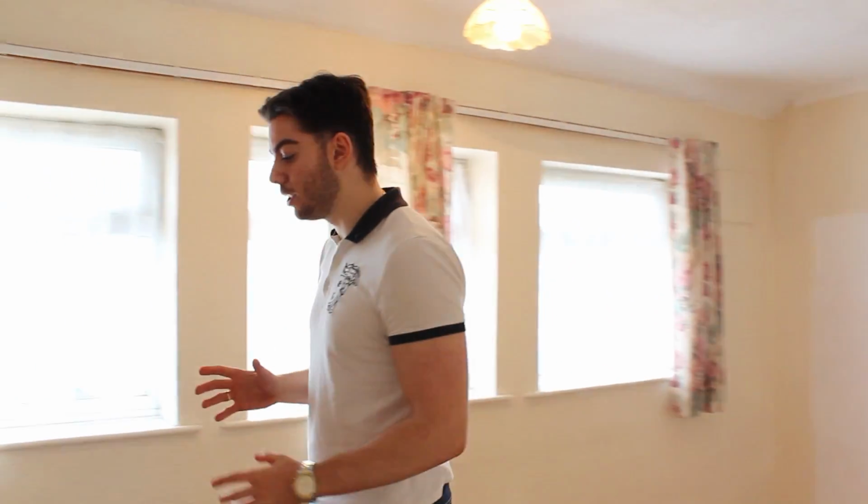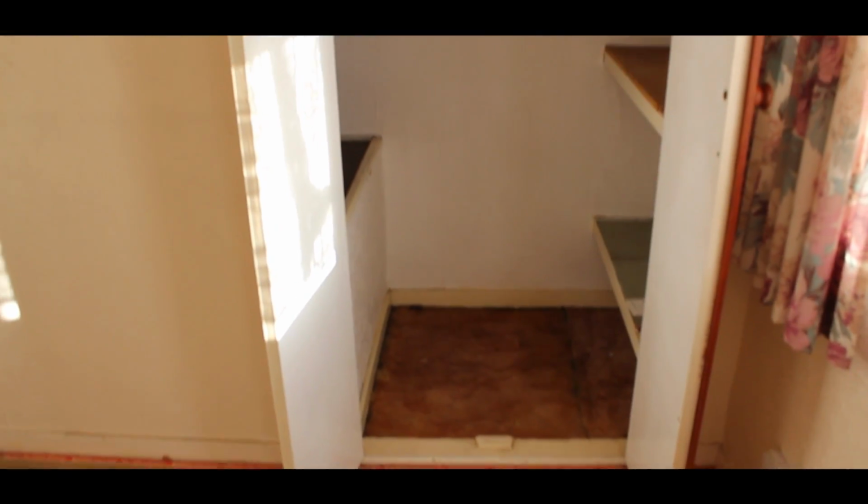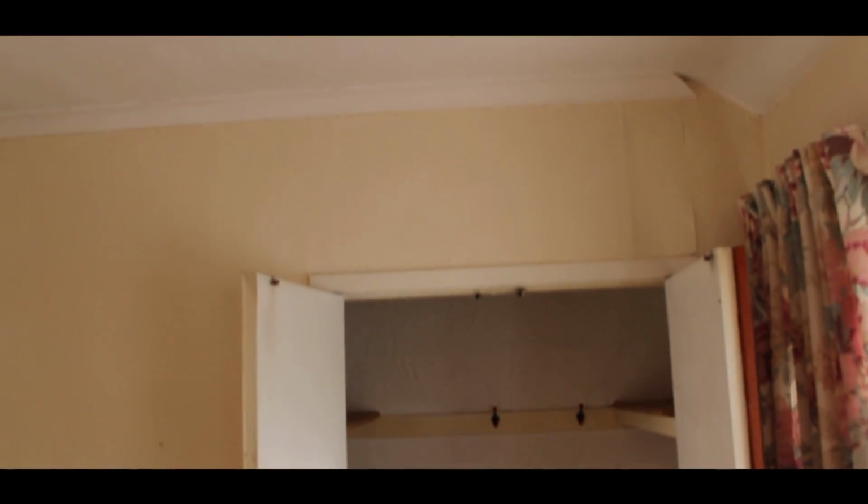So before we finish on the upstairs, I want to show you the space that we have behind here. So again, nothing crazy, but once we knock these down, we'll knock this wall down above me. And again, here you will have a nice single bed. And from there, you will have a nice single bedroom, which, like I've seen in other properties around here,